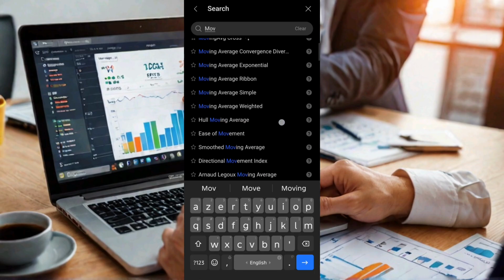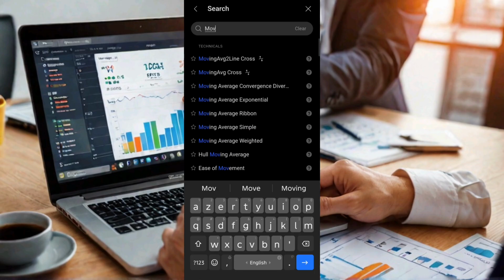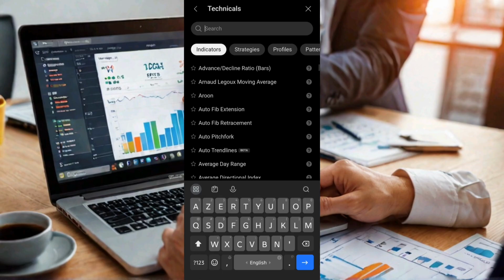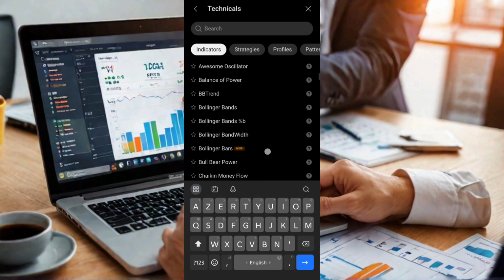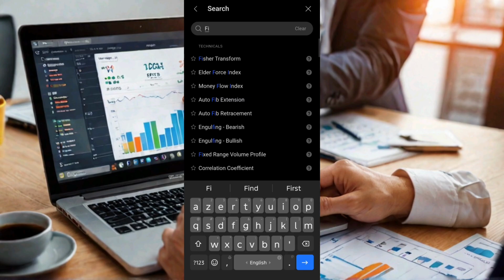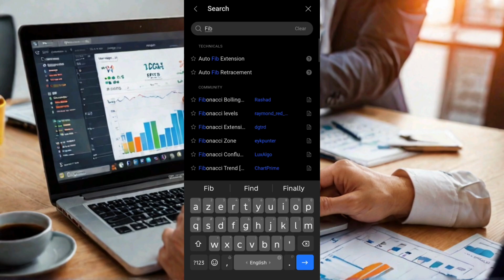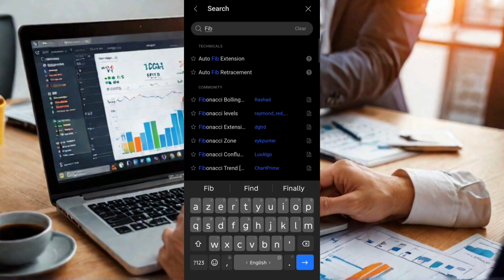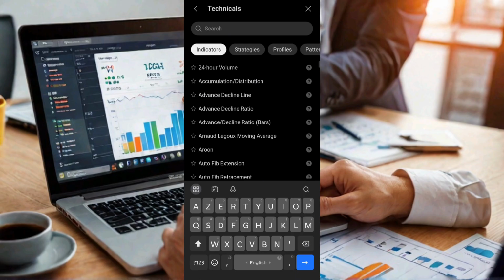Moving average, where is the moving average? Or you can just search for the one you want to add, right? So for Fibonacci retracement, any one you want to add, you can always search. You can see Fibonacci level, Fibonacci retracement. You can add any one you want to add. Once you search for it,